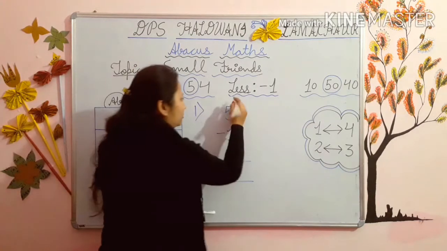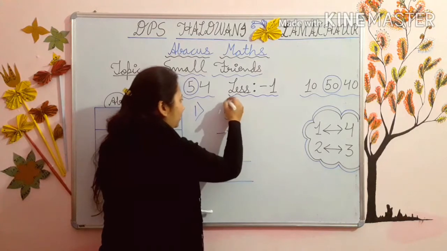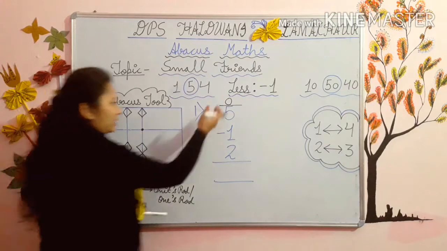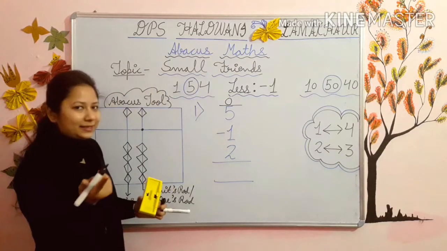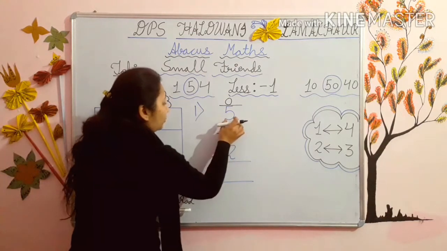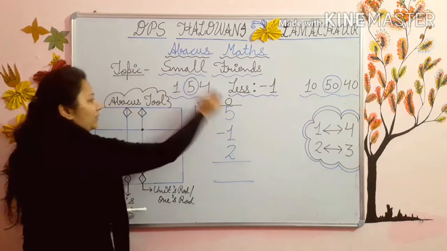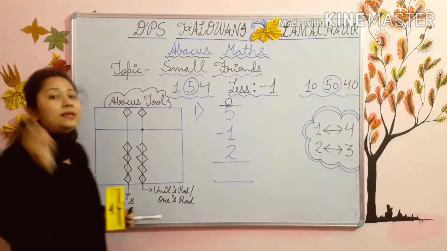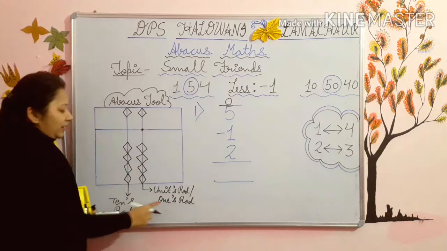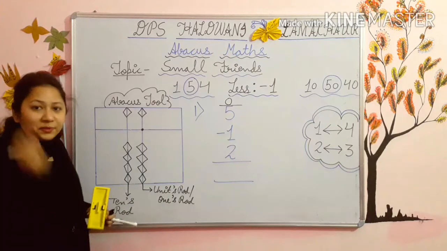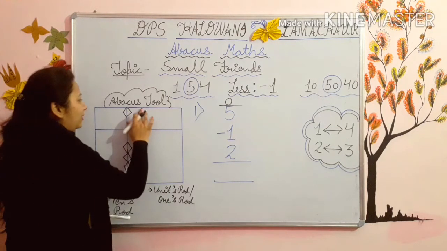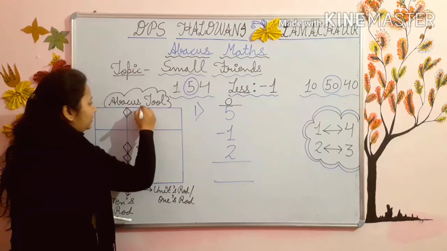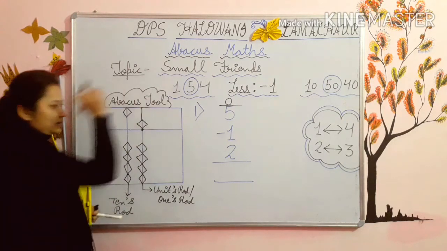Now first of all, as you know, it's a single row sum, so it will go in the ones rod only, because no tens rod digits are there, double digits are not there, only single digits. So first of all you have to add 5 in the ones rod, or you can say units rod also. So how do you add 5? Put the 5 bead down.